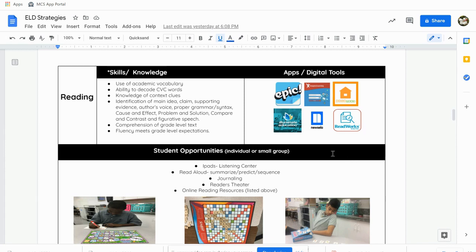Illuminate Education, which is on the bottom. I love this for an assessment piece. The questions, if you have never used Illuminate before, the questions in Illuminate are spot on to what they will find in the CASP. So as the teacher, you can create your own mock CASP for your students. You can even pull different standards. So you can see if you, as the teacher, that's your own assessment tool.